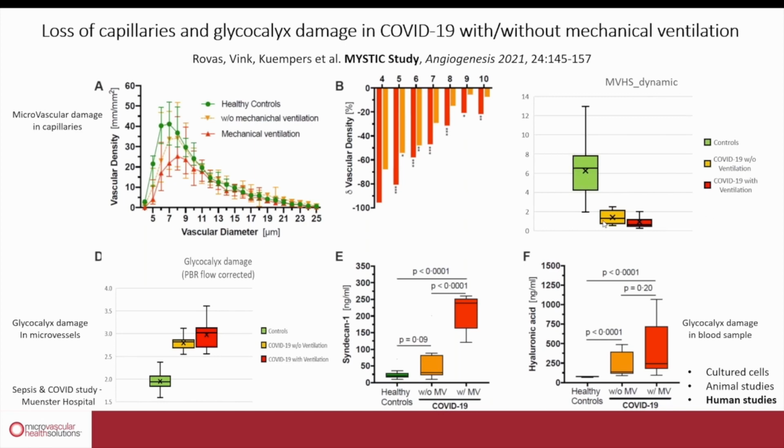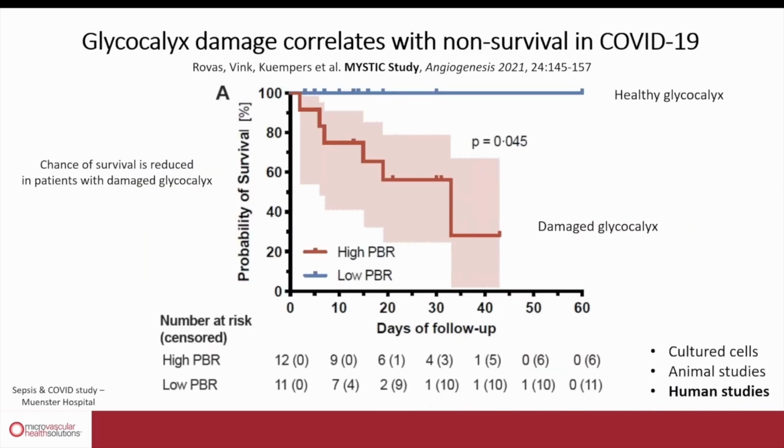Then the COVID patients drop down to very low values, and the ones that are critically ill, put on a mechanical ventilator, their scores get very low, well below a 1, compared to the normal range between 4 and 8 in healthy individuals. And also, if we take this microvascular health score and do follow-ups on the chances of survival of these COVID patients in the ICU, if we take the ones with a relatively healthy glycocalyx and relatively good microvascular